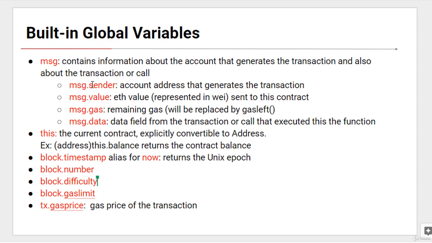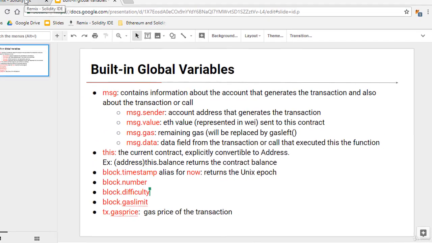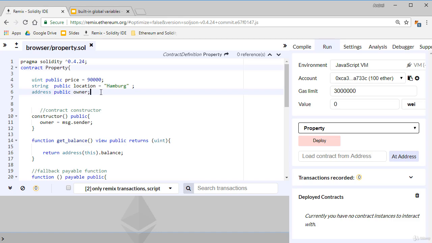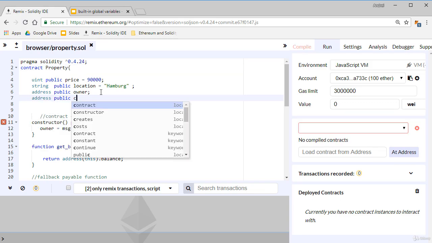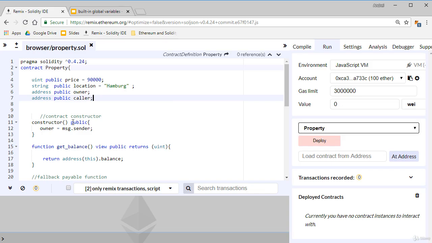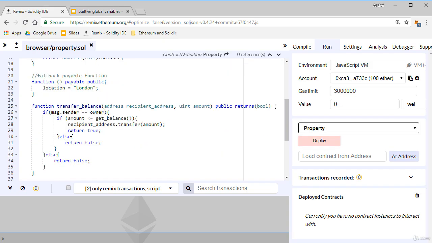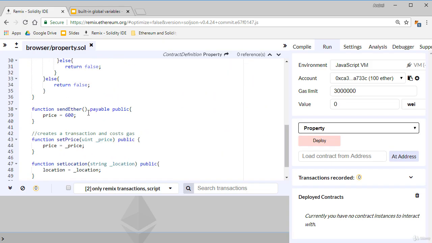The variable has some members. The first is the sender. So msg.sender keeps the account address that generates the transaction. Let's check it with one example. I have my test smart contract that we've used before, and I create a new state variable named caller. So address public caller. And now in some setter functions, because only setter functions can modify state variables, let's say